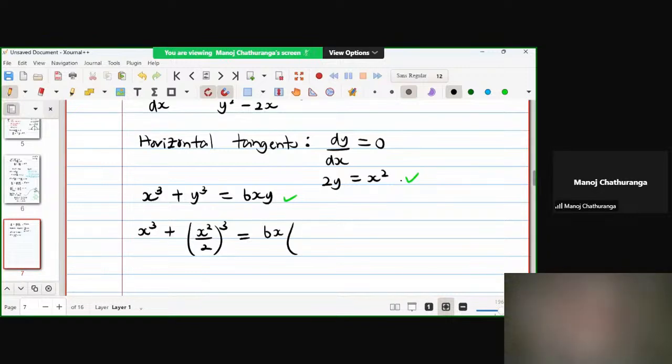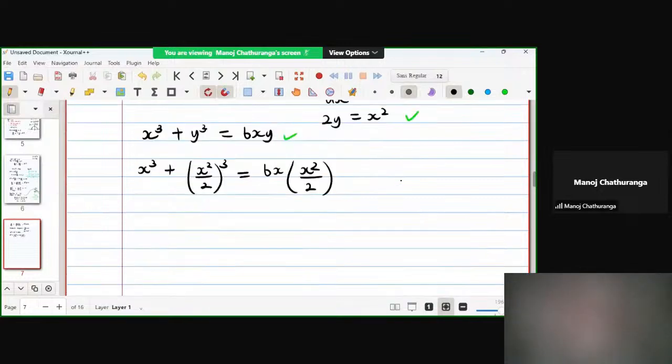So we get x to the third plus x to the sixth divided by 8 equals